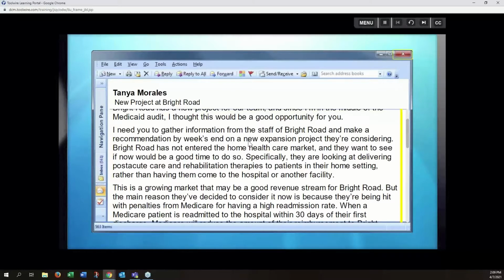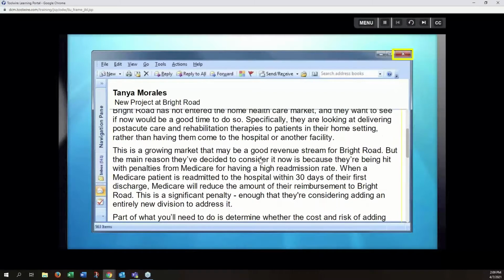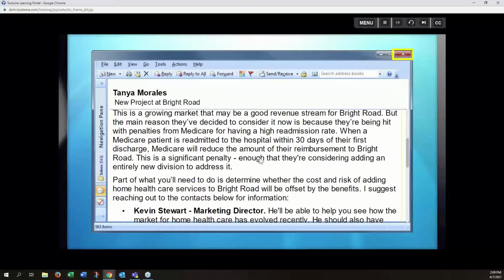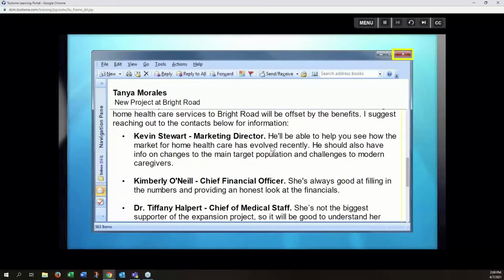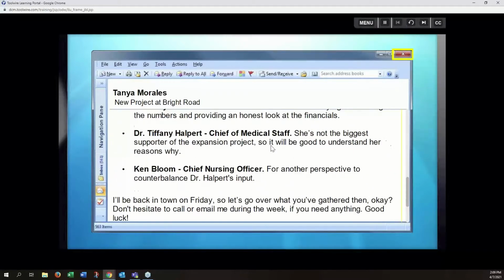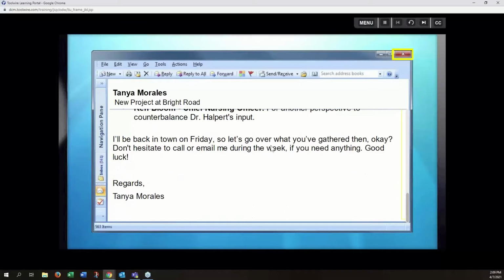And the task is laid out in front of you about gathering information from the staff of Bright Road around looking at the growing market and determining the cost and risk of adding home health care services. And Tanya has suggested a group of people that you are going to want to have a conversation with. And she's going out of town, and good luck, and good luck with your project. And so we're going to close this email,